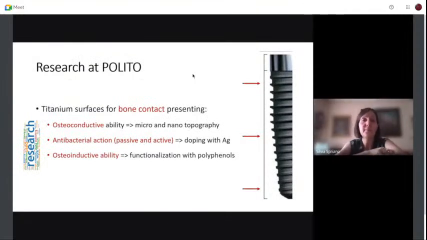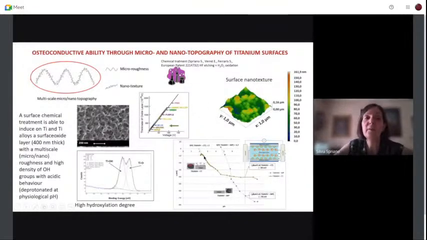Another story, another research at Polito. If we leave the collar and we look at the bone, at the implant in contact with the bone, we developed some modification of titanium in order to have osteoconductive and osteoinductive ability, and again to have an antibacterial action, and also an osteoinductive ability through functionalization with some biomolecules such as polyphenols. The first